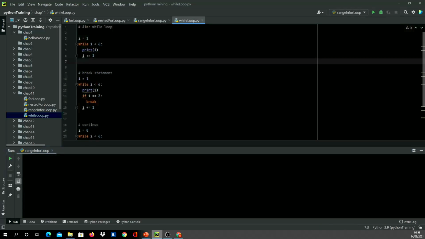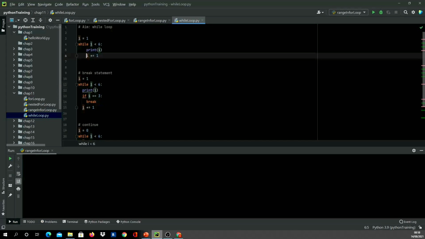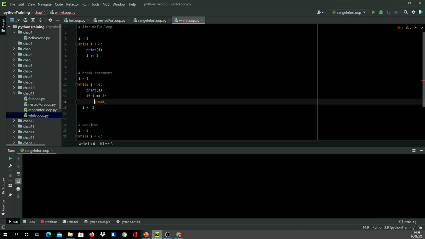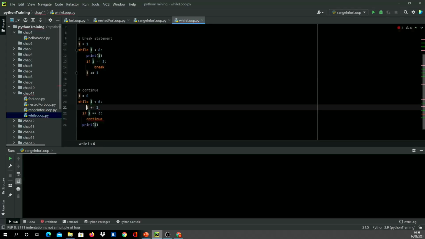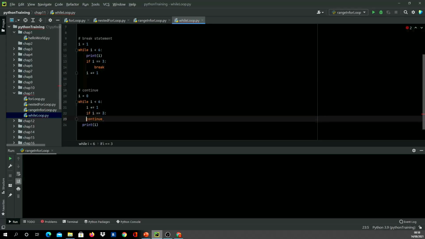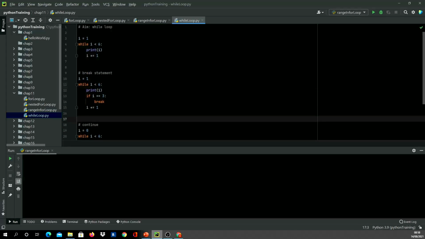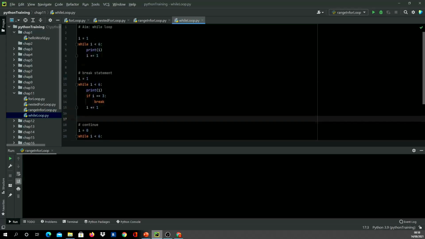Finally, let's have a look at the while loop. There you go. My program is nice and no error, as you can see. The aim is to show you some different combinations of while loop.